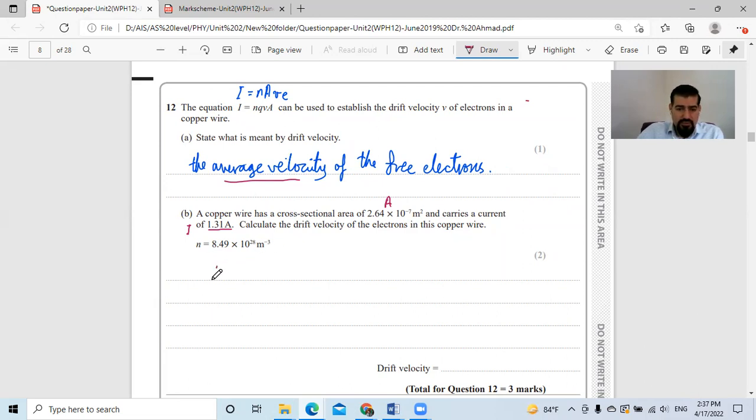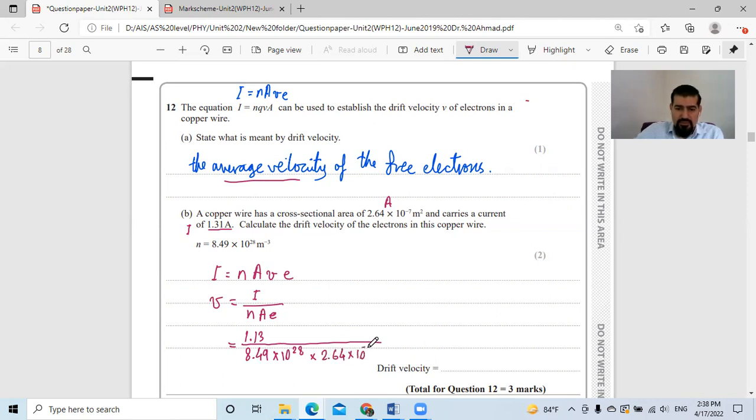And we know that according to the formula I = nAvQ, they give it to us, we can substitute the values to know how much the drift velocity is, which is I over nAe. We substitute the values: 1.31, the current, divided by